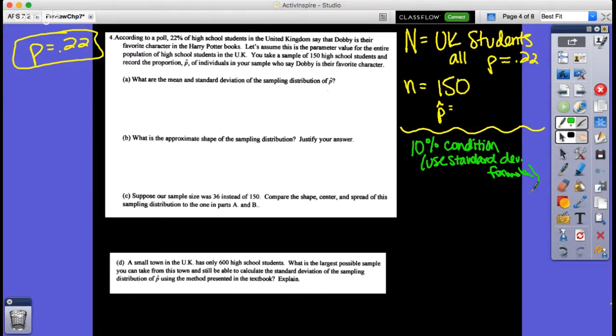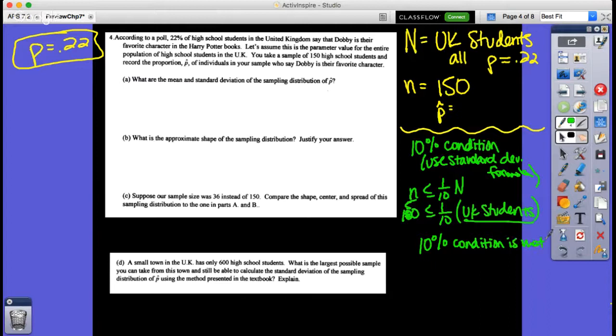All right, so let's talk about this. First off, we know that little n needs to be less than or equal to 1/10 of my population, okay? My big N is UK students, which is like a ton, right? You don't even have to show this. Is that less than or equal to 150? Yeah, I would say so, because UK students, that's a lot. And so we could say 10% condition